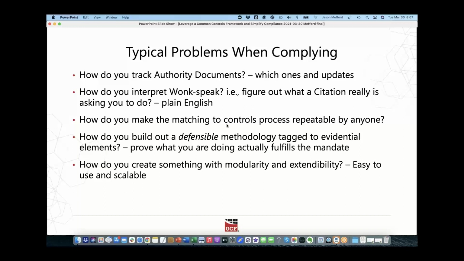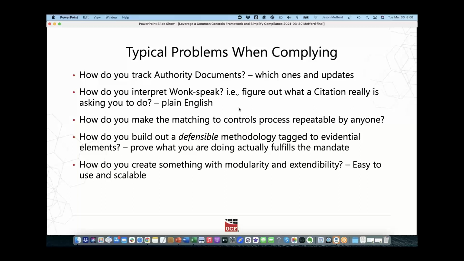Now, also, you're going to have to build in some sort of defensible methodology, meaning that you can prove that by doing this particular thing, you're actually fulfilling the mandate. And so you have to come up with some way to link that back to that actual citation and mandate in the authority document. A lot of people struggle to do that, right? They kind of forget. They create all these different controls, but they're not sure which ones actually support which of the authority documents. So when somebody comes in to audit, they're like, well, we're doing these things, but the auditor says, but are you doing this thing, right?